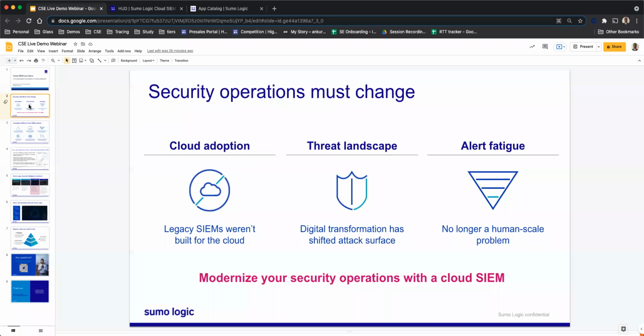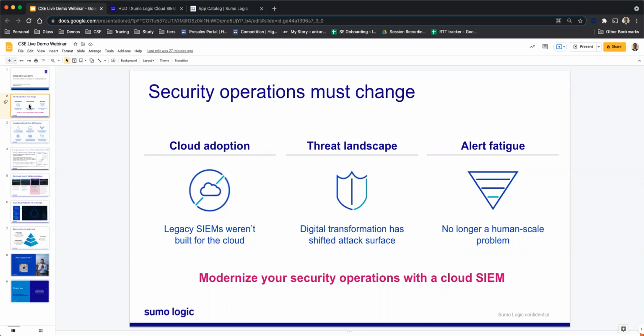Most of the organizations today have a lot of incidents being reported from the cloud, much more than their traditional on-prem environments. Organizations would definitely like to protect their cloud setups, that being seen as a vulnerable segment today. Moving to the cloud has the advantage of providing rapid time to market, but at the same time, the traditional SIEM tools that we deploy are not built for modern cloud environments. So you need to look at a platform built for protecting cloud environments, and that's where Sumologic Cloud SIEM comes into play.